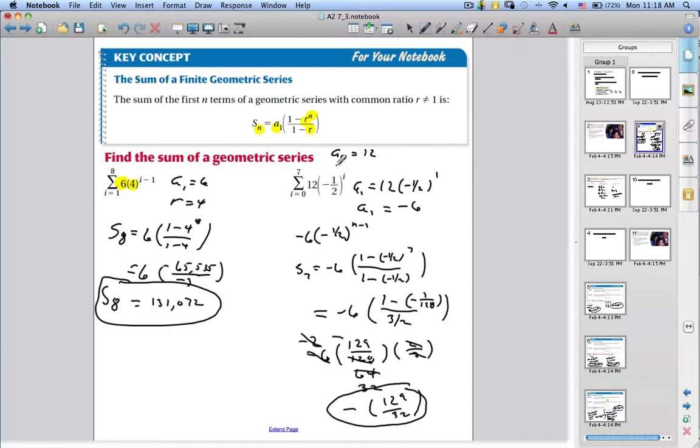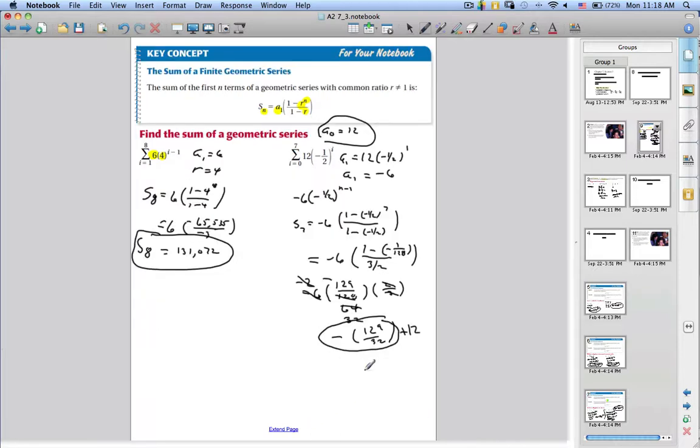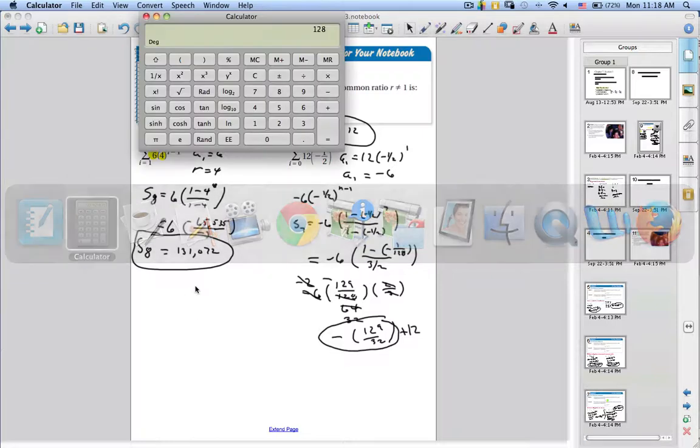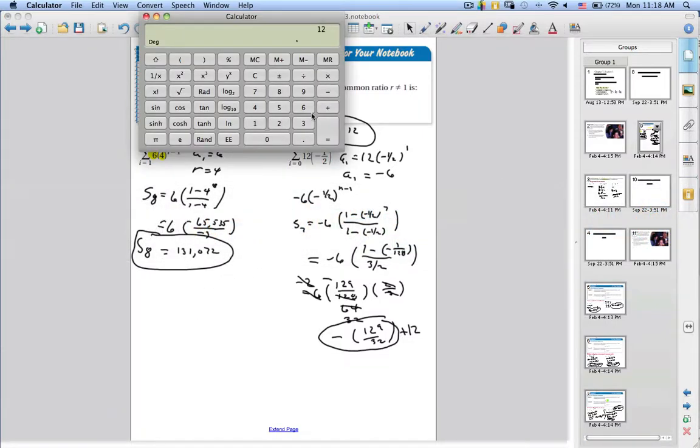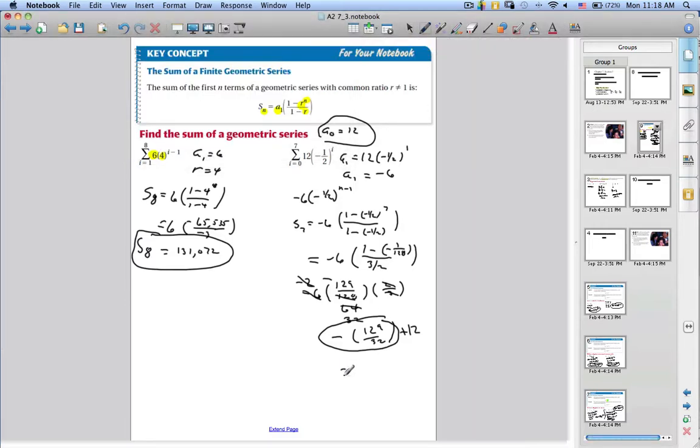Oh, and I made a mistake. Remember, I forgot this. This was 7 terms. I need the 8th term. This is going to have to be plus 12. So I'm going to need common denominators. So let's go back to my calculator. 12 times 32 is 384, and then I'm going to have to subtract 129, 255. So this becomes 255